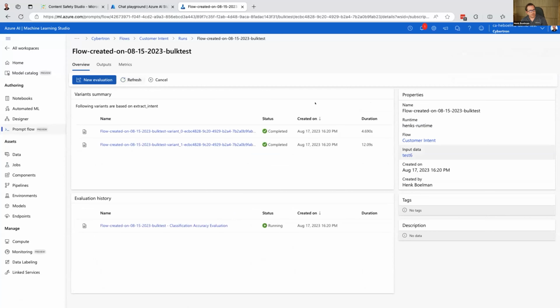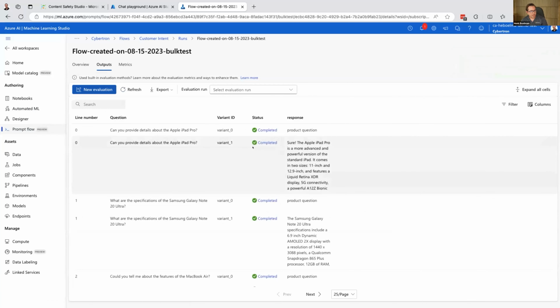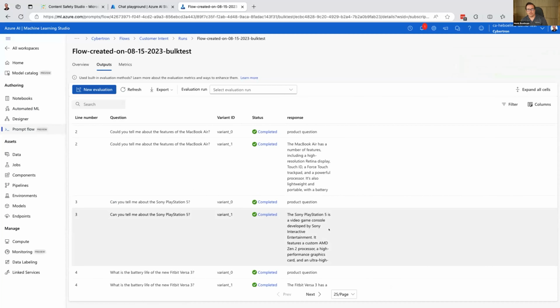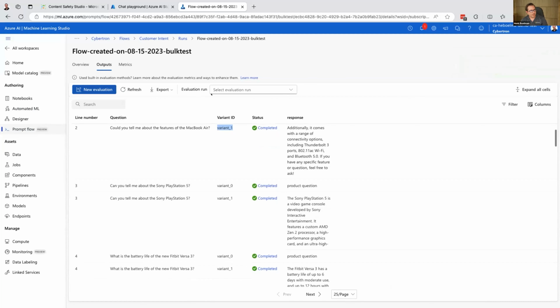Second one is completed, took 12 seconds. Now the evaluation flow is running. Oh, it's actually done. So now I can go to the outputs again, and I can compare these two questions, or the same question, against the two variants and see the different answers. So you see here, my second or my variant 1 flow is not doing that